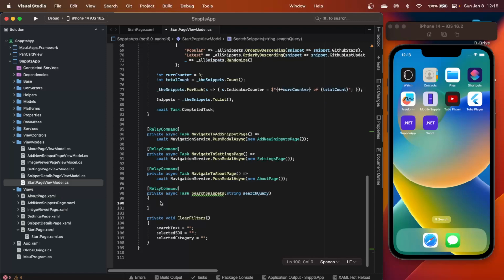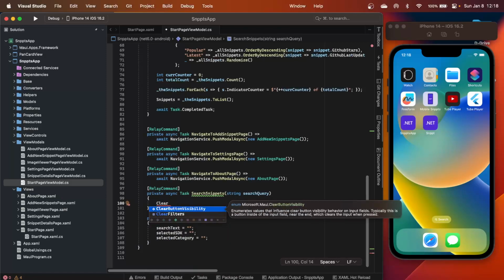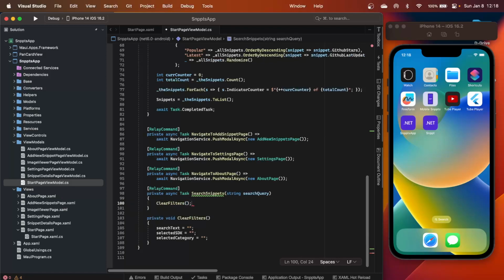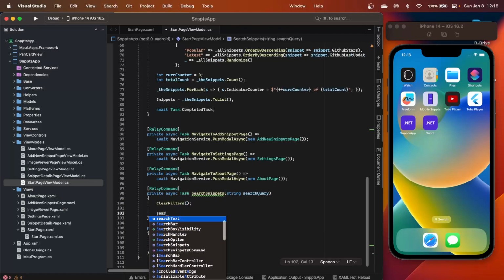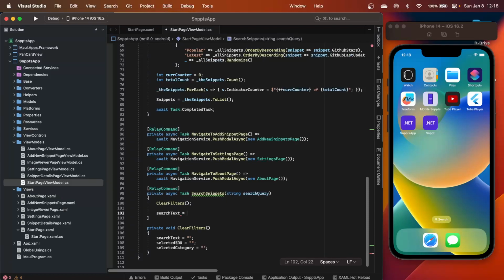So every time when I click on this, I'll tell you why I am doing this. I'm going to say clear the filters first. Once I have cleared the filters, I'm going to say my search text is equal to my search query, and of course someone can pass in some leading or ending spaces, so I need to trim this. And once I have this, all I need to do is just call my set snippets method, which I have